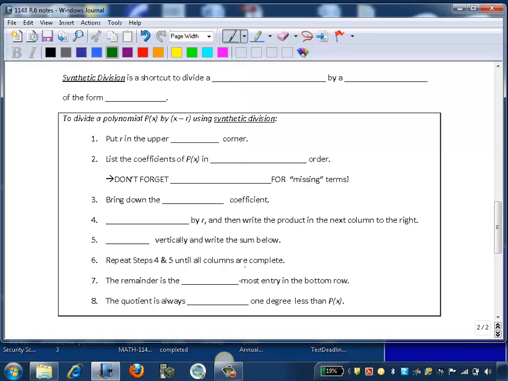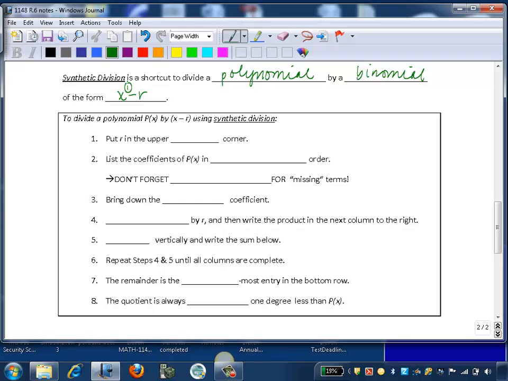We will now talk about synthetic division, which is an alternative to long division of polynomials. Synthetic division is a shortcut when you want to divide a polynomial by a binomial in a specific form. So if you're dividing a polynomial by a binomial, the binomial has to be in a specific form, x minus r, and specifically that x